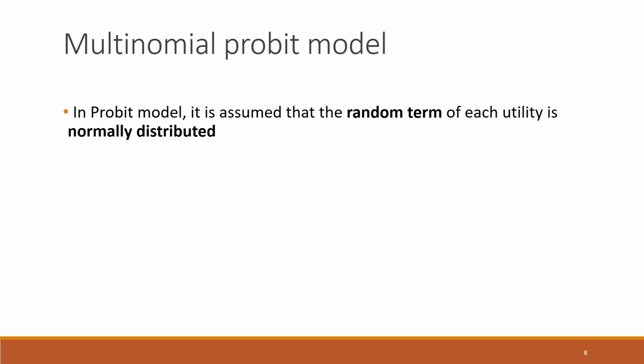So, in the Probit model, it is assumed that the random error term for each utility is normally distributed. Okay. So, before this, in the Logit model, we were assuming that the random term of each utility is IID and Gumbel distributed, okay, but now it is changing here. So, we are assuming normal distribution for the error term here,